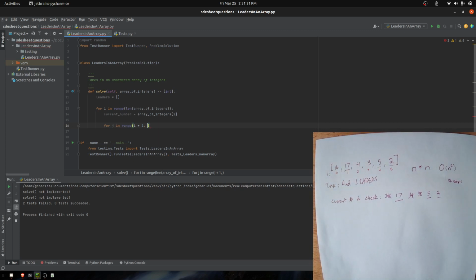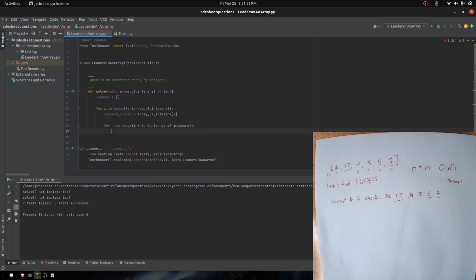The stop needs to be the length of array of integers, and we just want to go by 1, so I'm going to leave that step option off. Okay, for j in range I plus 1 to the length of the array of integers,